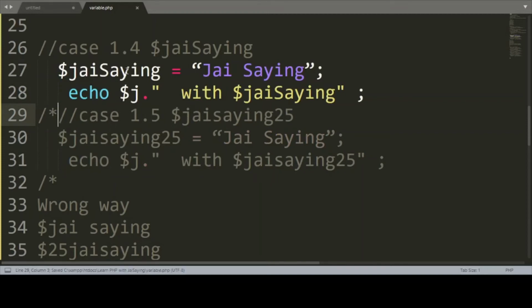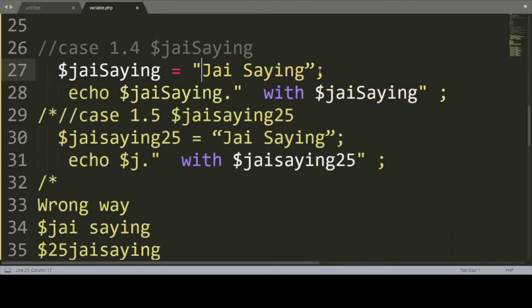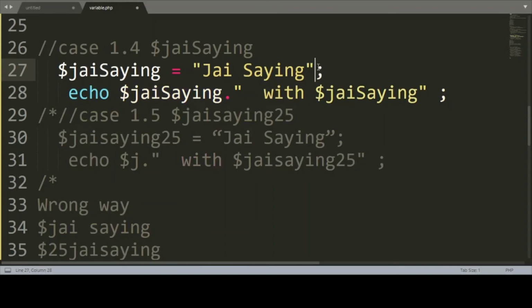Okay, so same thing you need to type here. And proper syntax, double quote, and JSing with JSing with